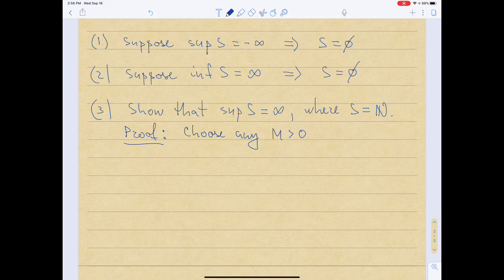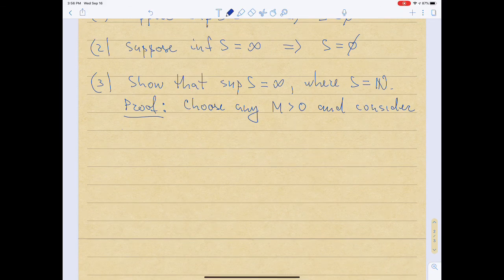So I'm going to choose any m greater than 0 and consider m and 1. Well, but then by using the Archimedean property, what I will have is that there exists an n